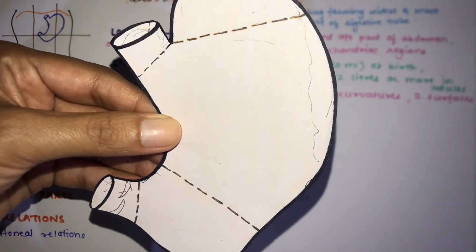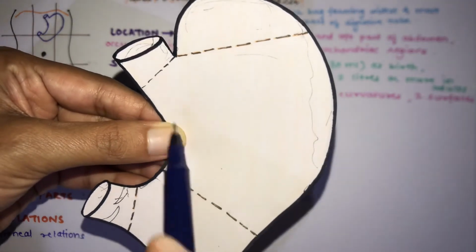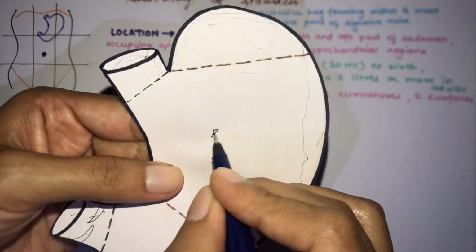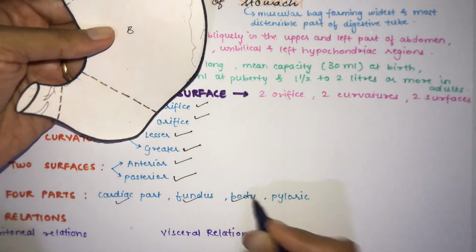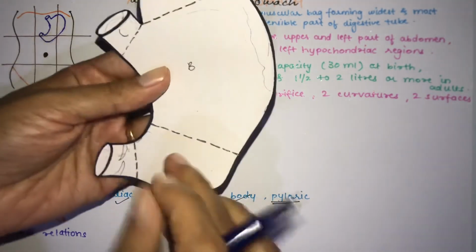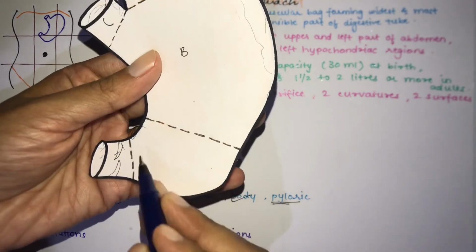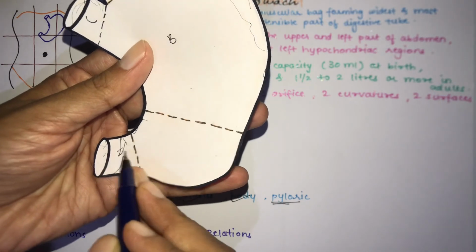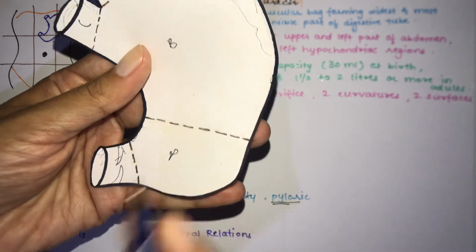Now the next part of the stomach is the body. The body is a larger central portion which is present inferior to the fundus. So this one is your body, this is your fundus, this is the cardiac part. So these are the three parts: the cardiac, fundus and the body. And the last part is your pyloric. So this whole thing is your pyloric. Over here, this is the pyloric antrum, and over here there is the pyloric sphincter and the pyloric canal. So this is about the pylorus part of your stomach.